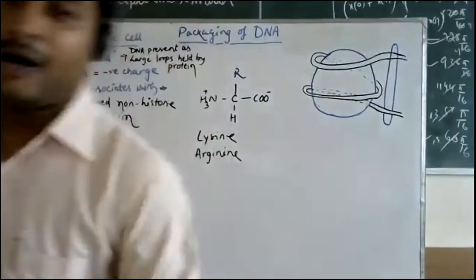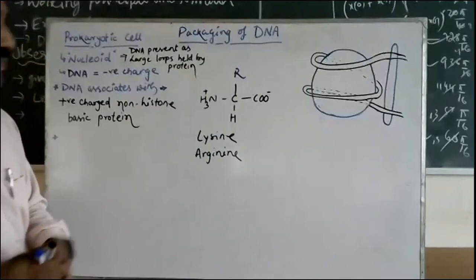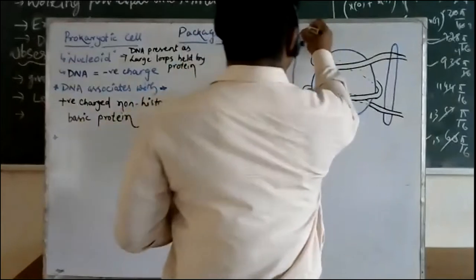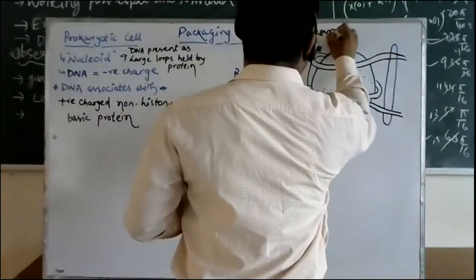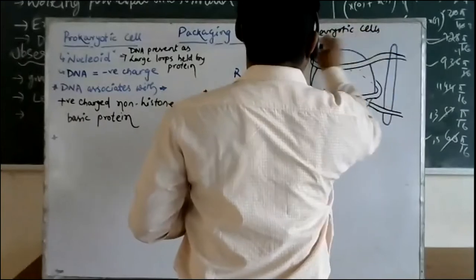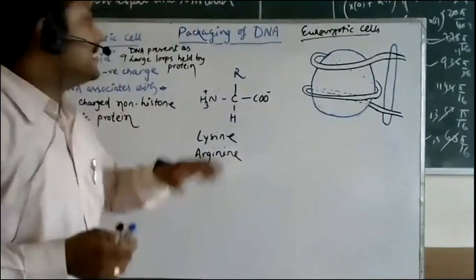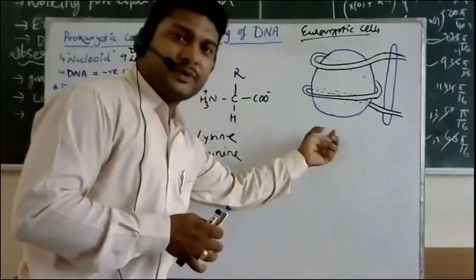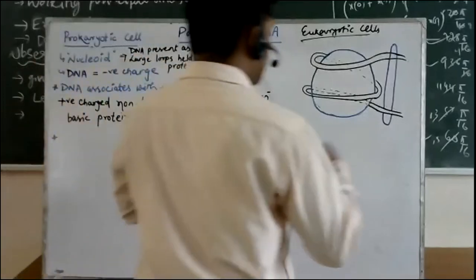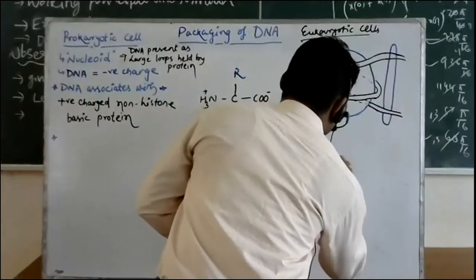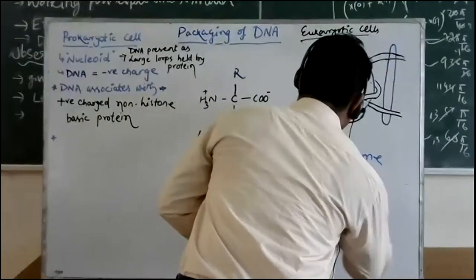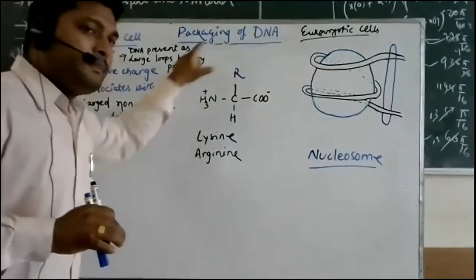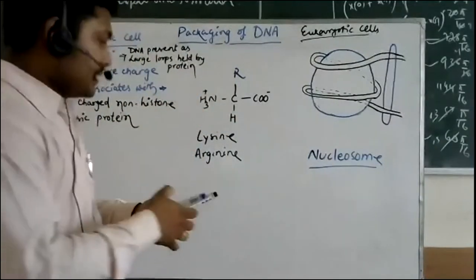Again, you might know about histones; last time we had talked about them. Anyway, coming back to the eukaryotic cells, in eukaryotes the organization and packaging of the DNA is much more complex. And one of the structures we are going to represent here is the nucleosome. Okay, so what is a nucleosome, that we'll talk about, but first what you have to understand is based on, for example, the DNA here.